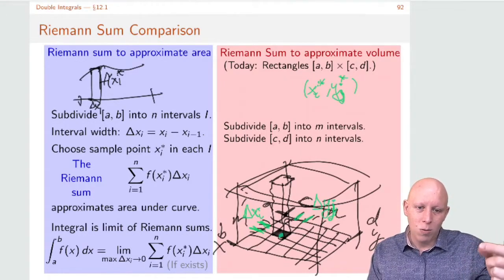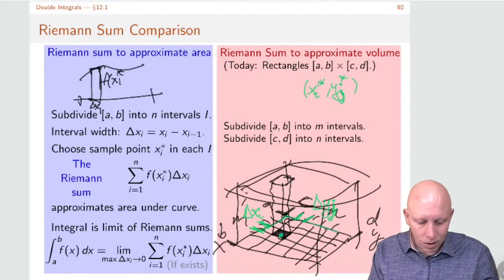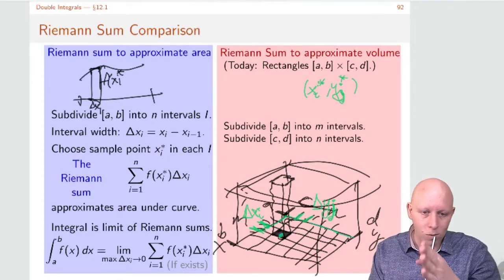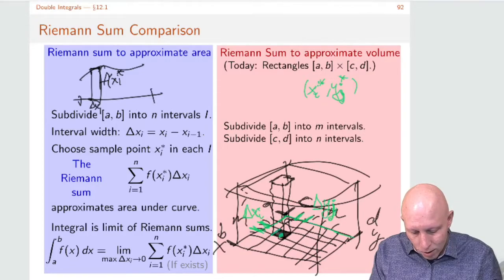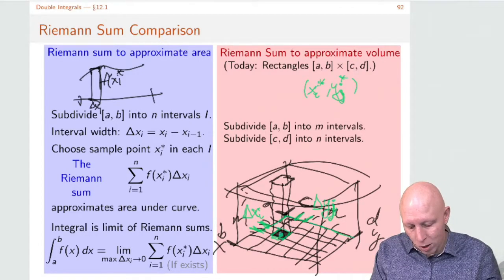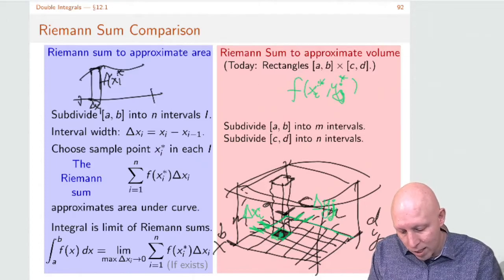So we could, for every single choice of i and for every single choice of j, where i is in the x direction and j is in the y direction, get a rectangle in the base, and then the height is going to correspond to the function value at xi, yj. And so the volume of this one piece